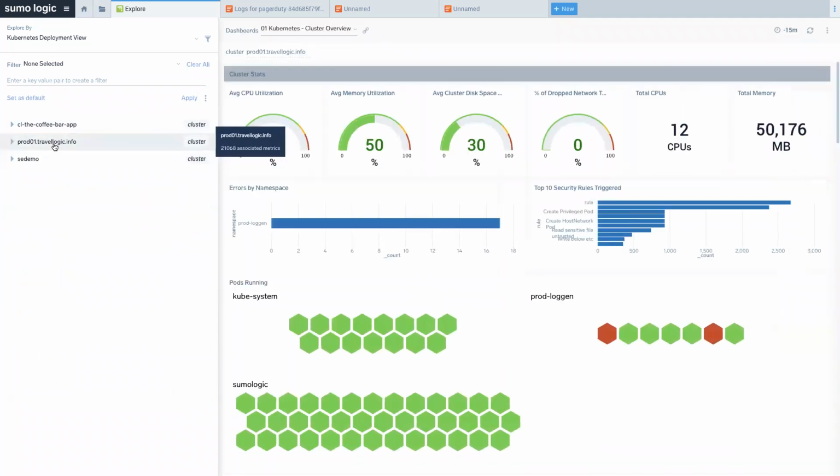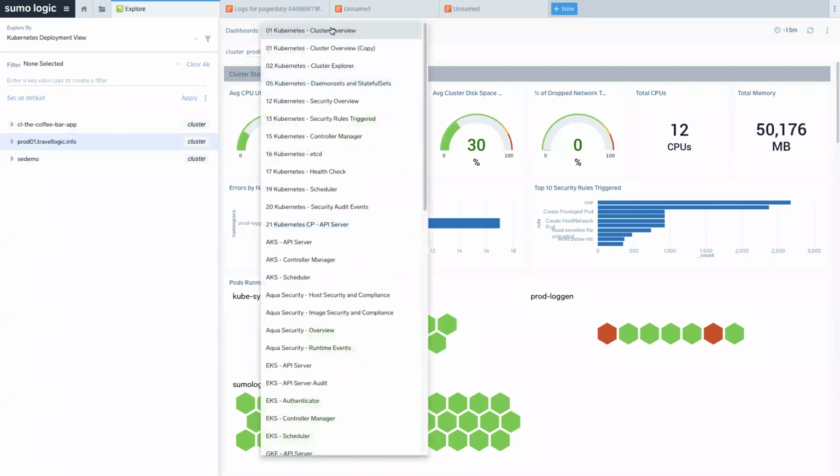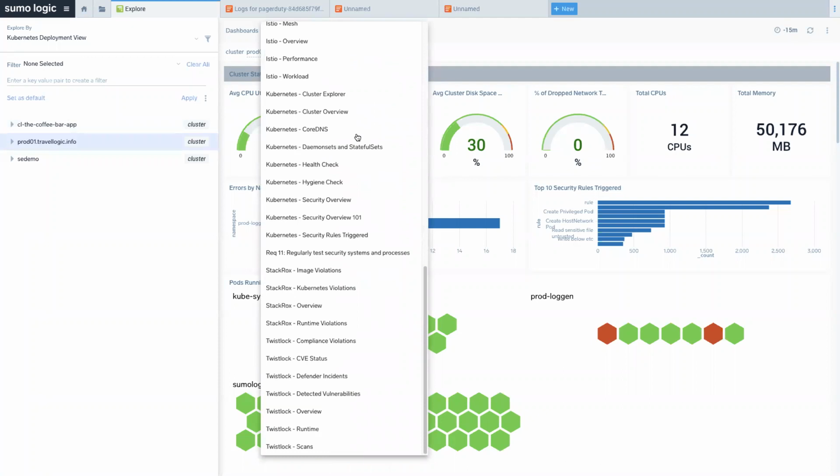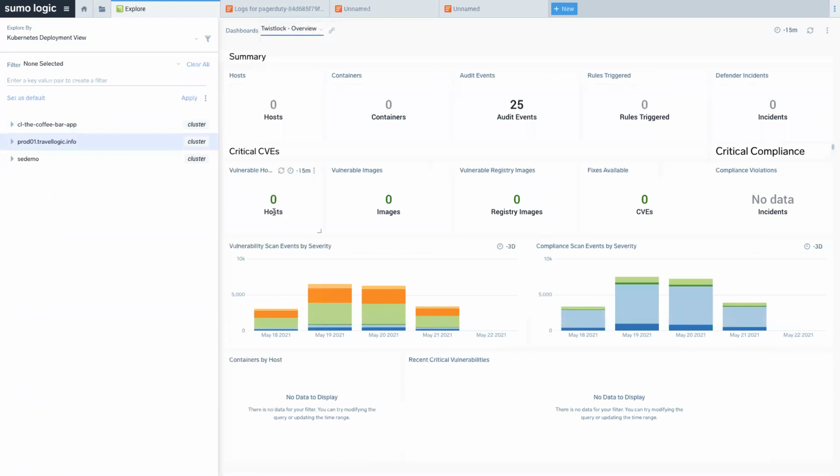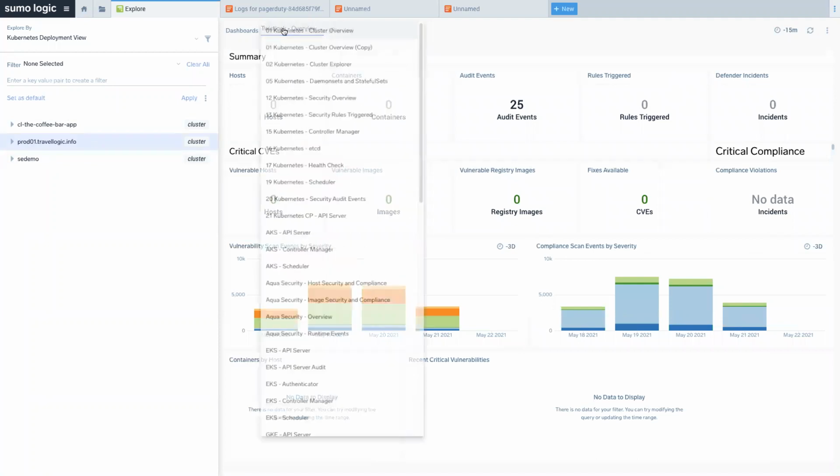Now, one of the things which is really handy here is the fact that this view works across a number of various applications. So if you're using something like Twistlock, this ties directly in. So you can investigate your clusters and your vulnerability scans.